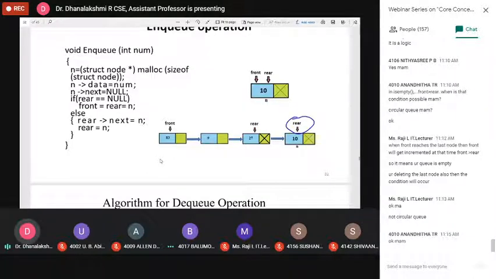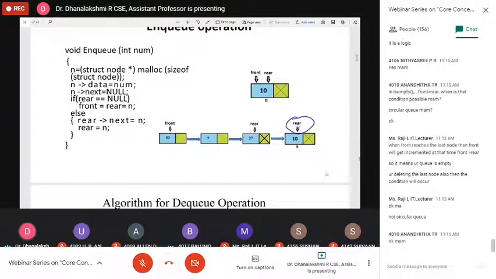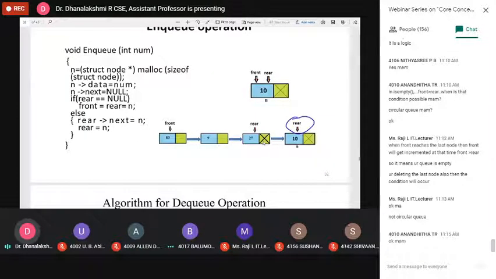Assume the addresses are 1000, 2000, 3000, 4000. Now the value of rear is 4000. Got it? Because it is dynamic memory allocation, you only have to change the next pointer position, then you can assign the new rear value.